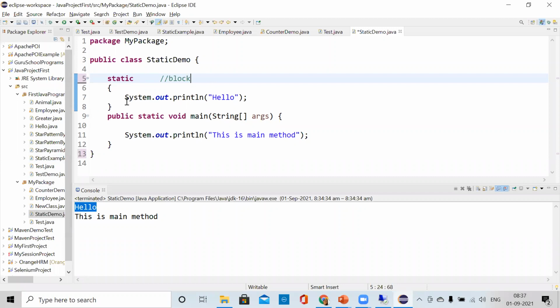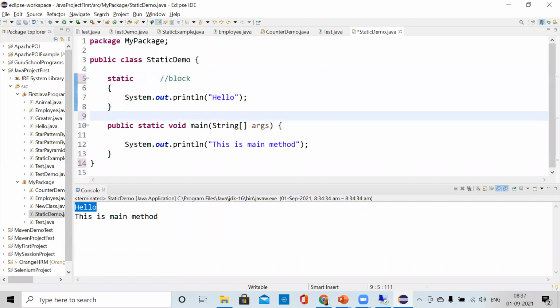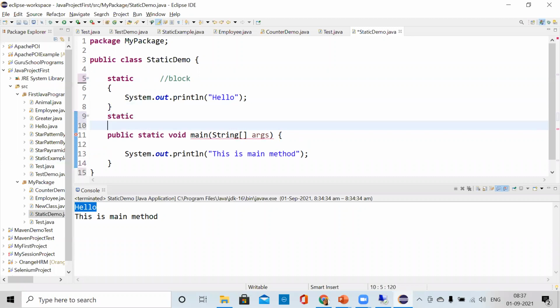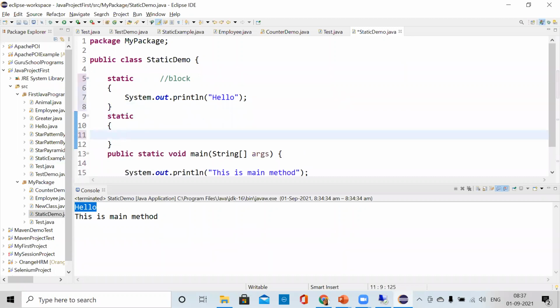Also, you can create multiple blocks. There you can write static again, and write one more block, block 2.